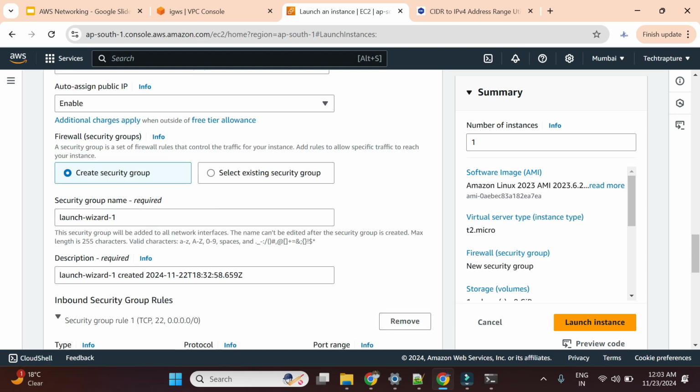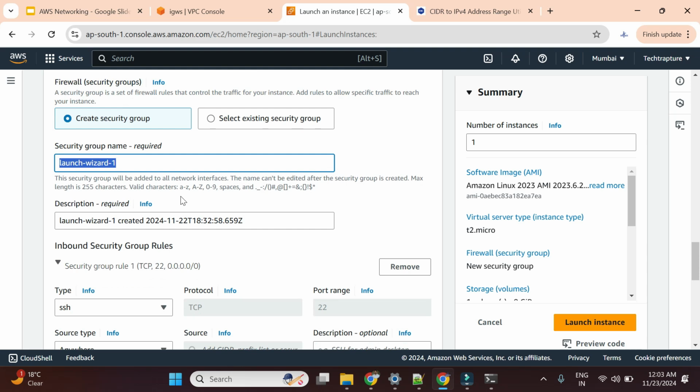Okay, we have to create a security group. The security group is just allowing traffic to our EC2 instance. I'll explain in detail what a security group is in further parts of the videos. So first I'll name it as allow